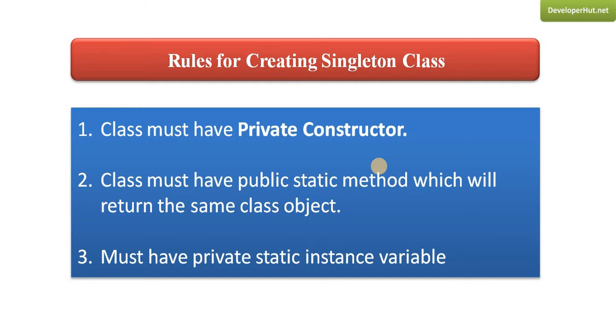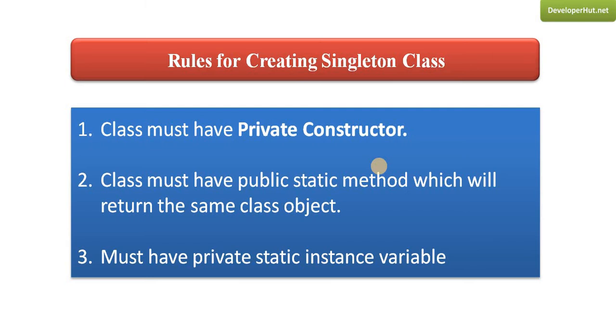Next, you need to create a public static method which will return the same class object, which is the Singleton class object. Why do we need this? Because your constructor here is private, and a private constructor can be called within that particular class only. If you want to create the object, you need some method or some way to reach that class and get that object. So we will create a public static method which will create this object based on some condition,